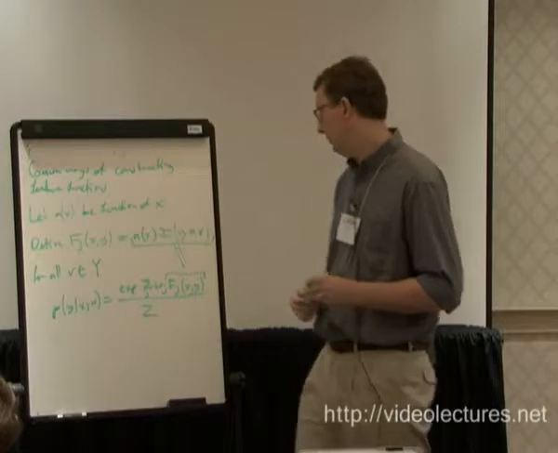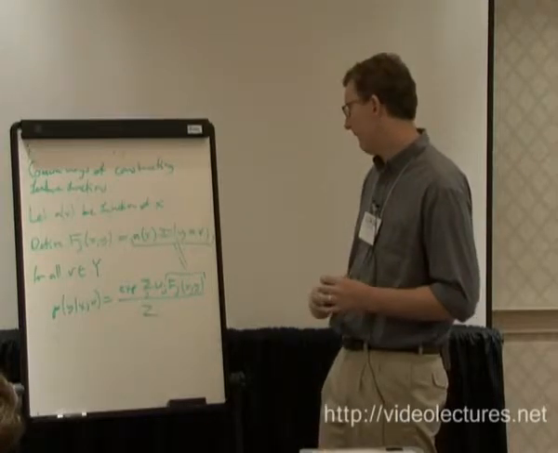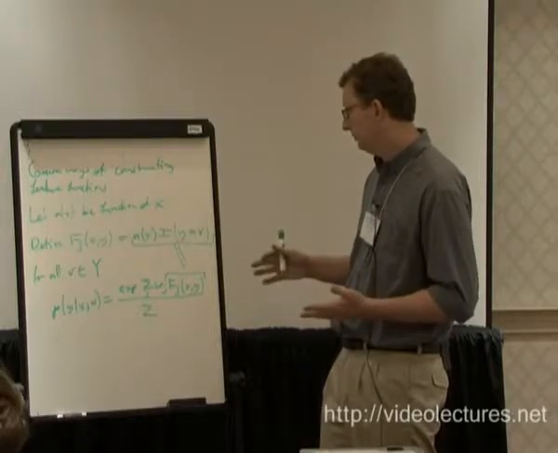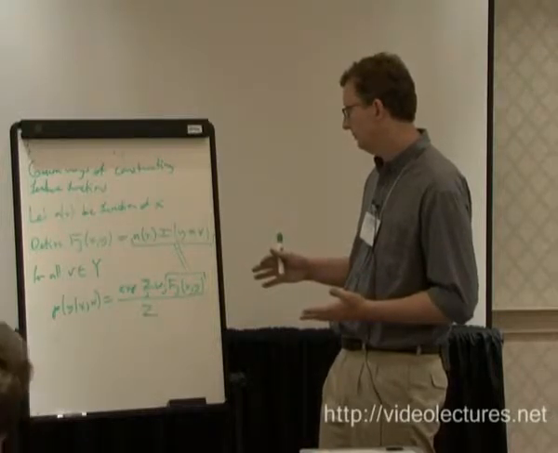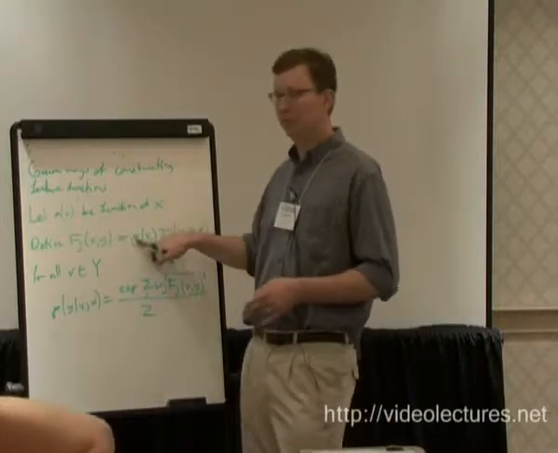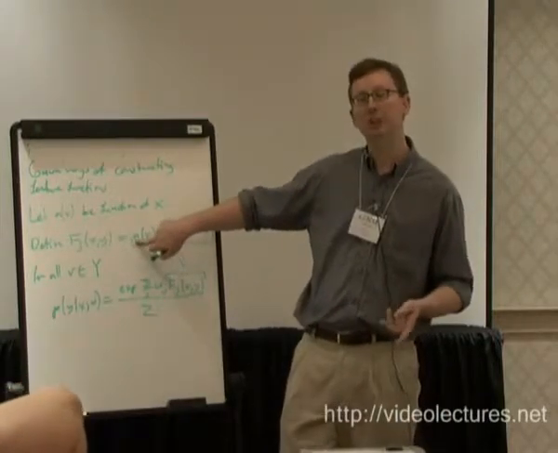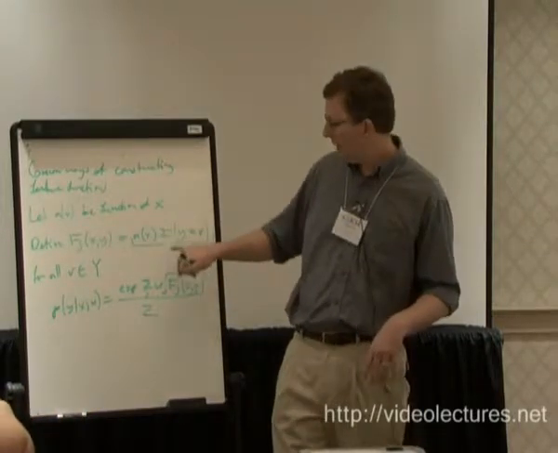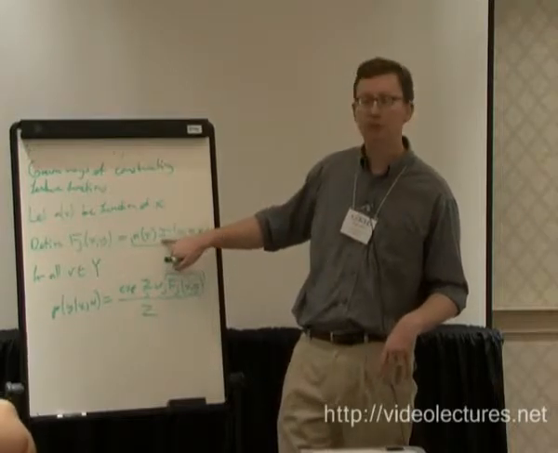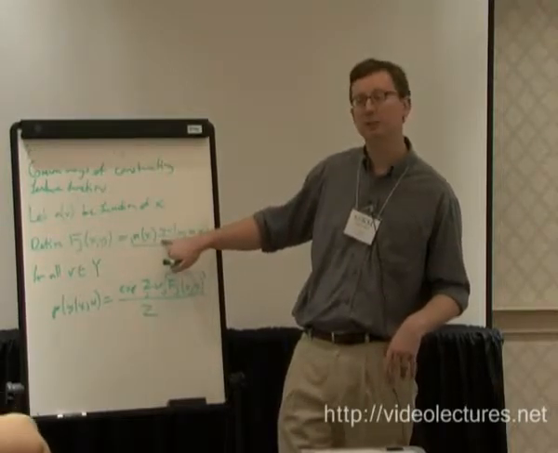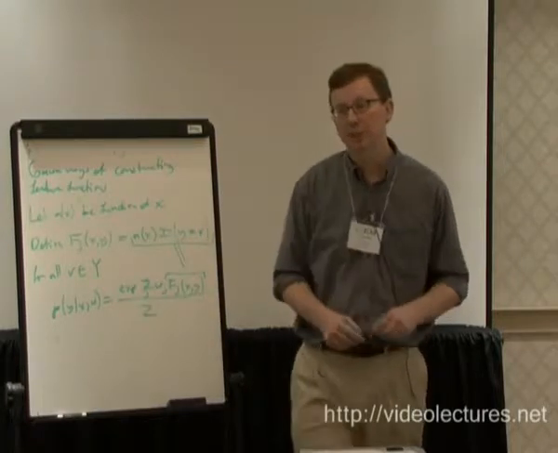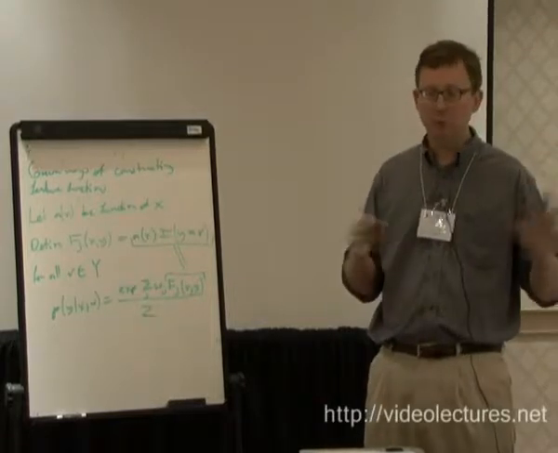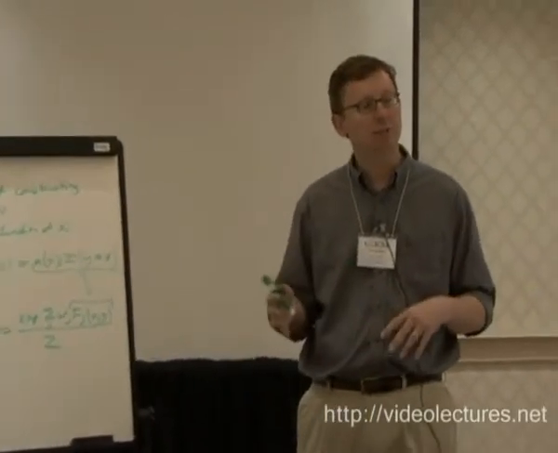And so this is how you would translate a conventional feature. A conventional feature is a function of just x, and this is how you translate it into a feature function, because a feature function has to be a function of x and y. But the simplest thing is to have just one copy of the conventional feature for each value of y.